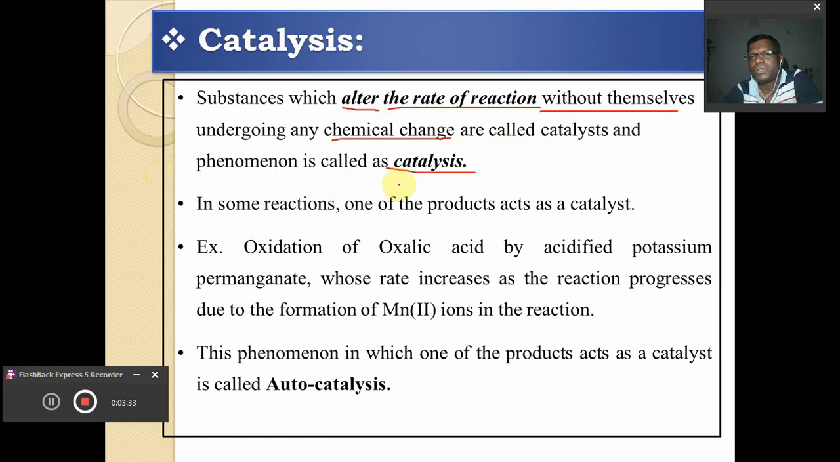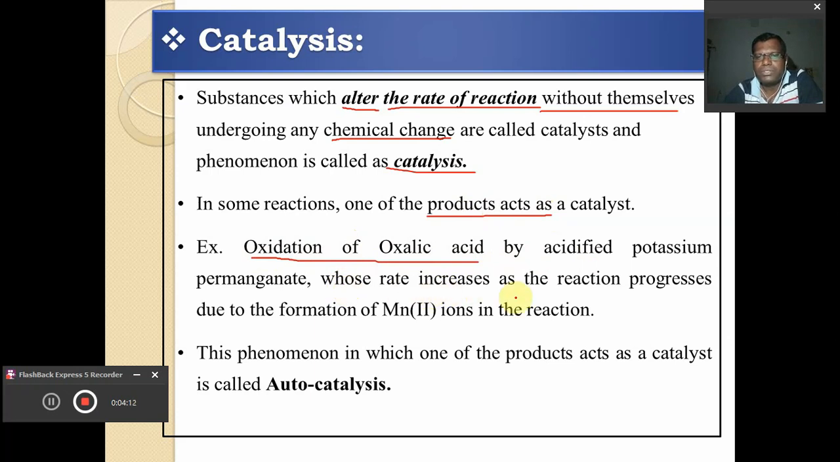Dear friends, it is also observed that in some reactions some products also act as the catalyst, because in some reactions the products formed are also able to alter the rate of reaction. It means that in case of some reactions, the products formed can act as the catalyst. For example, the oxidation of oxalic acid by acidified potassium permanganate,